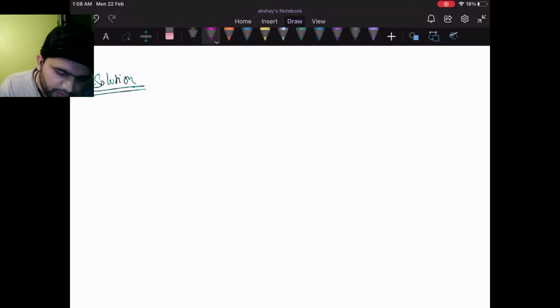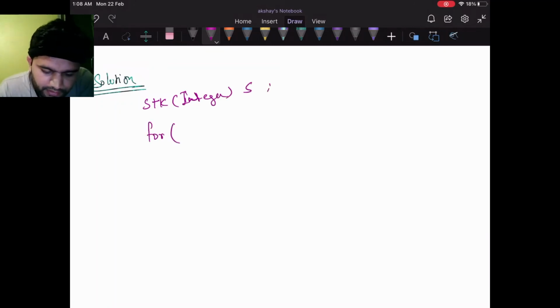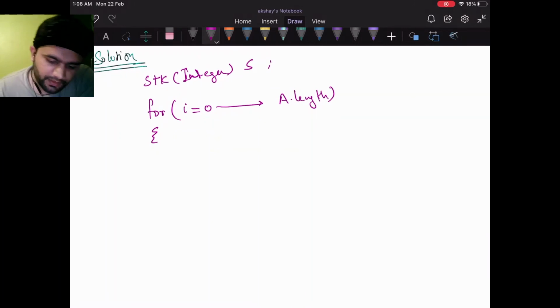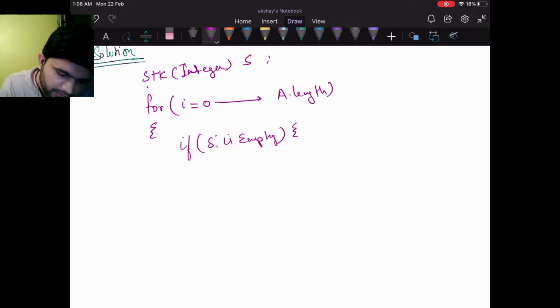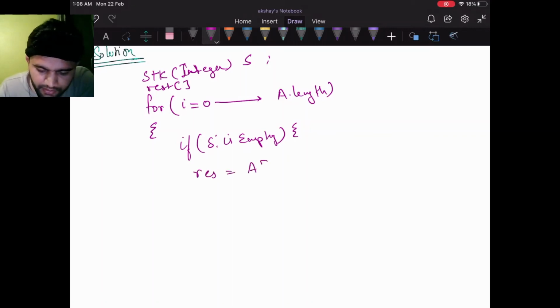What we are doing is creating a stack of integers, and for each i from 0 to a.length, we are considering: if s is empty, we can simply write result[i] is equal to -1, because there is nothing inside the stack and no smaller element present, or we are out of bounds right now.